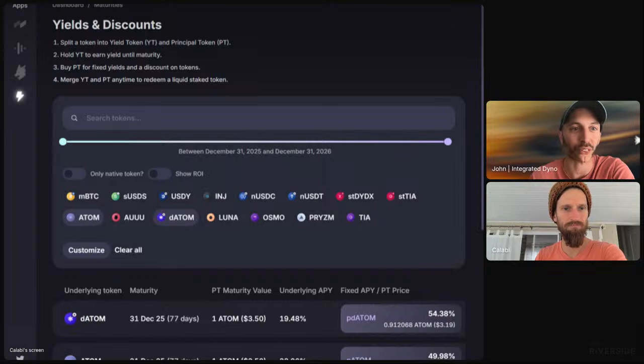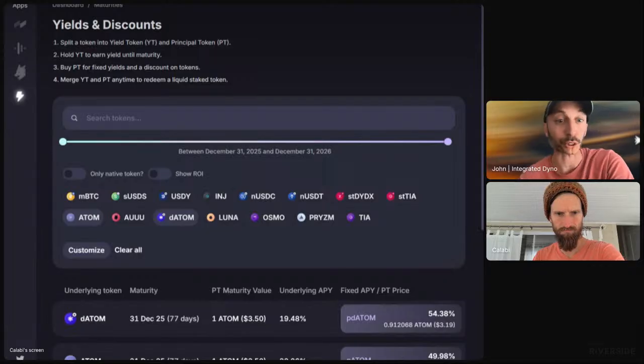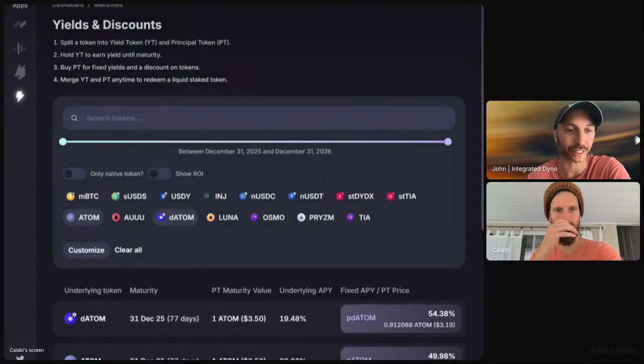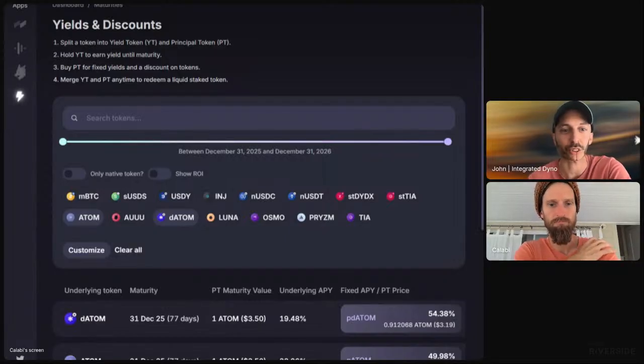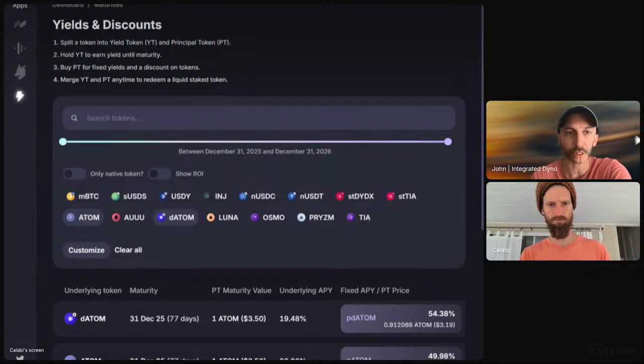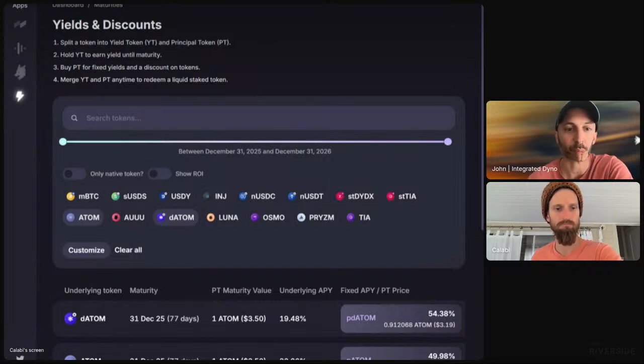Summer, I want to say one thing that I have done in the past using Pryzm, and I think is a really good opportunity for people that potentially see a good advantage but don't want to take on the exposure of the underlying token. What you can do with this is go to a credit protocol where you can borrow any of these assets where you see the discount, and then borrow that token using a collateral that you want to hold, for example Bitcoin or USDC, provide that as collateral, and then you could borrow Atom in this case, and then IBC that Atom over to Pryzm and buy the discounted C Atom,